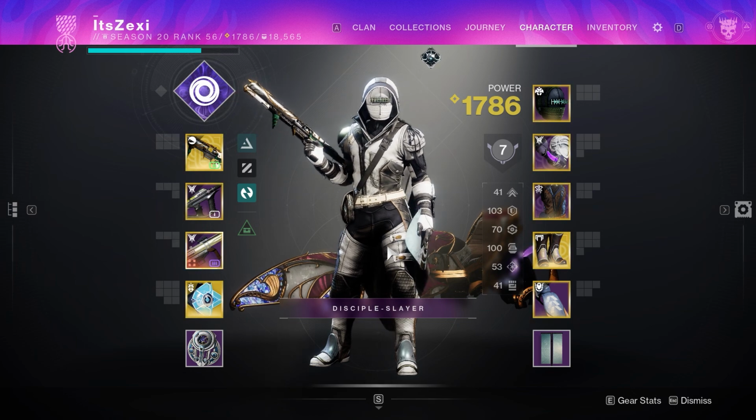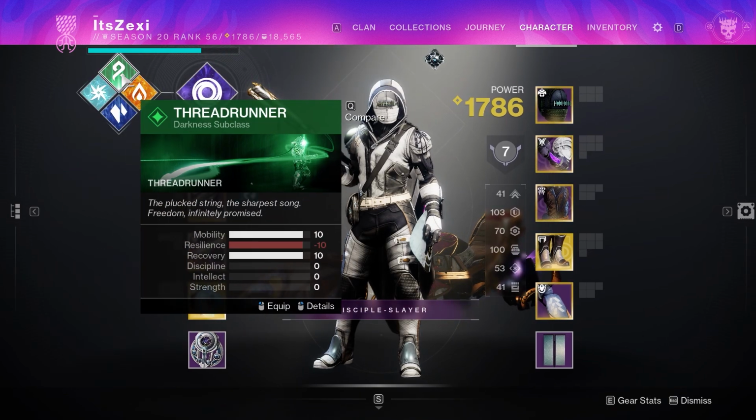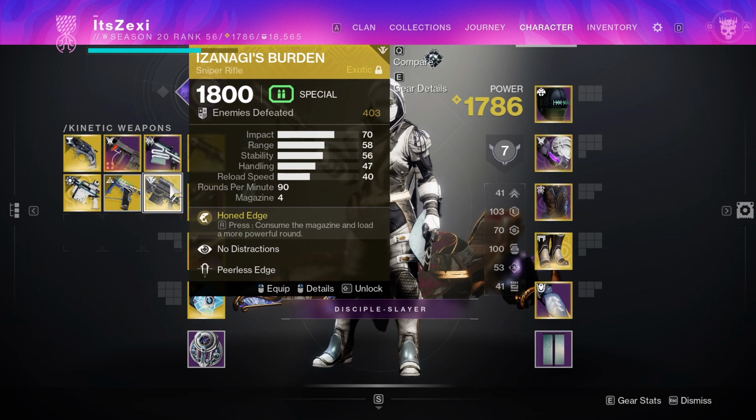Here is your obligatory "I am going into day one, here's my loadout" type video. So, I am a support Hunter. My main job is to provide debuffs with my tether as well as do add clear with Strand, potentially, if it's not disabled. For my kinetic slot in the special category, we're going to have the Wither Horde, Izanagi's Burden,